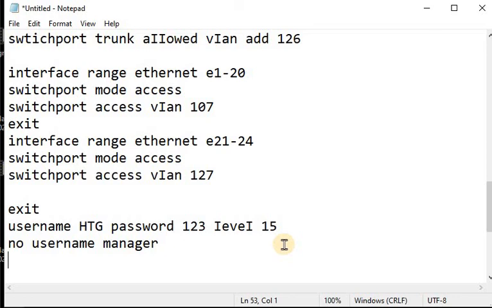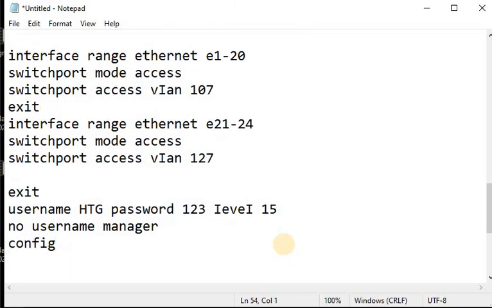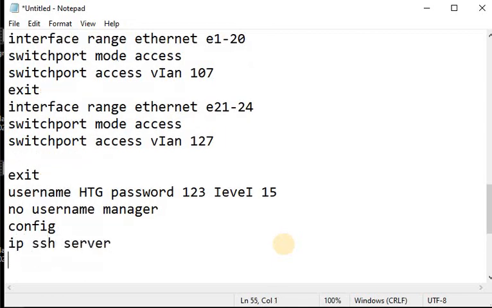Next, if you want to connect to the switch over the network, you will need to enable SSH. SSH is secure shell. To enable SSH, you must be in configuration mode, and then you will type IP SSH server.